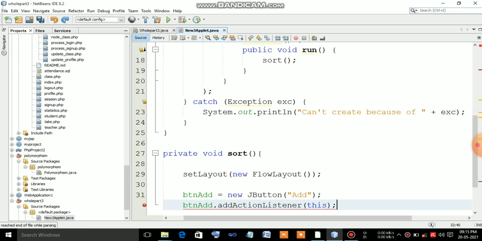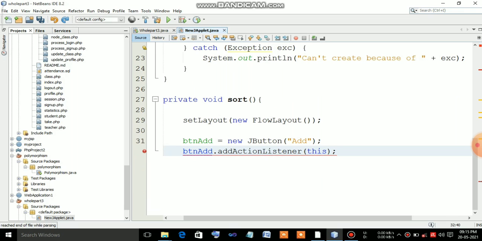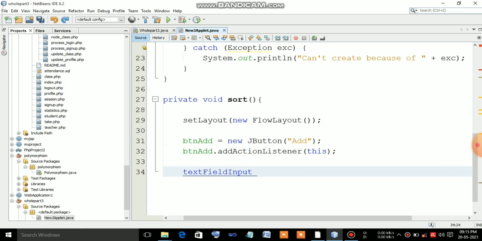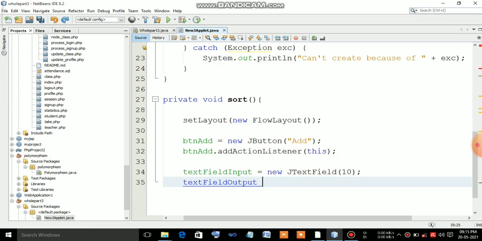Next, text field: one text field for input and another text field for output. Text field input equals to new TextField 10. 10 is a parameter or argument which is passed by us. And another one is text field output equals to new JTextField.